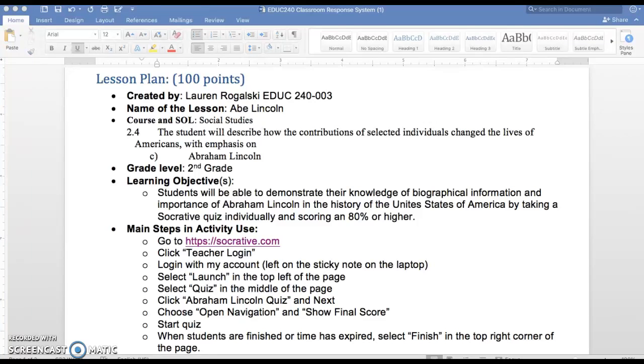This lesson was created by Lauren Rogowski in Education 240-003. It is entitled Abe Lincoln and focuses on Standard 2.4-C from the Virginia Standards of Learning for Second Grade History